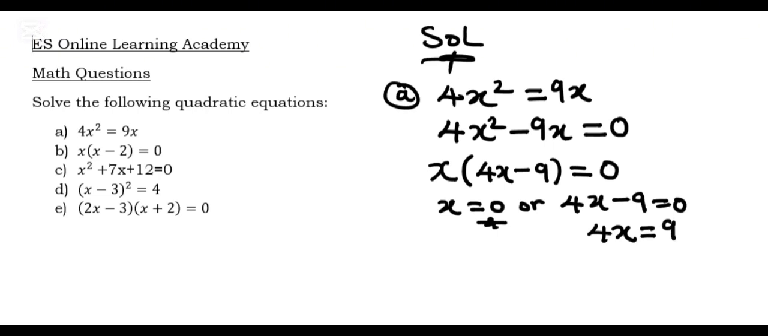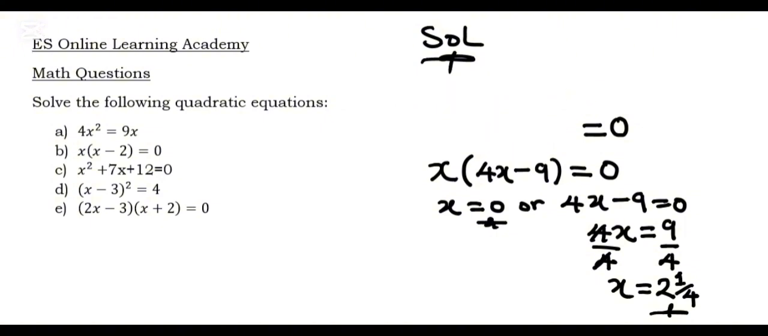And then to solve for x, we divide by 4 both sides. Then 4 into 4, that gives 1. 1 times x will give x on the left side. 4 into 9, 4 goes into 9 2 times, remainder 1, then over 4. So the other solution is x equal to 2, remainder 1 over 4. So that is for the first one. B,